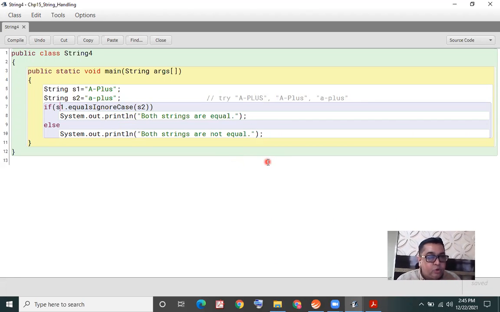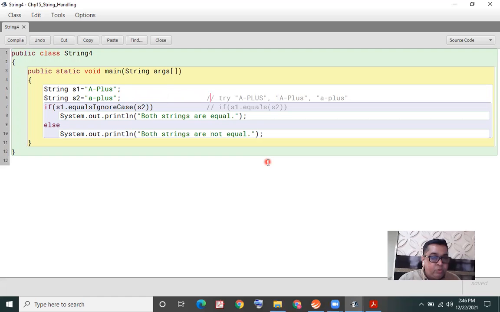So while practicing, you try out both methods. I'm writing the other method also over here next to it. If S1 dot equals in bracket S2. So while practicing, if you have made this change in S1 and S2, you try equals also and equals ignore case also.